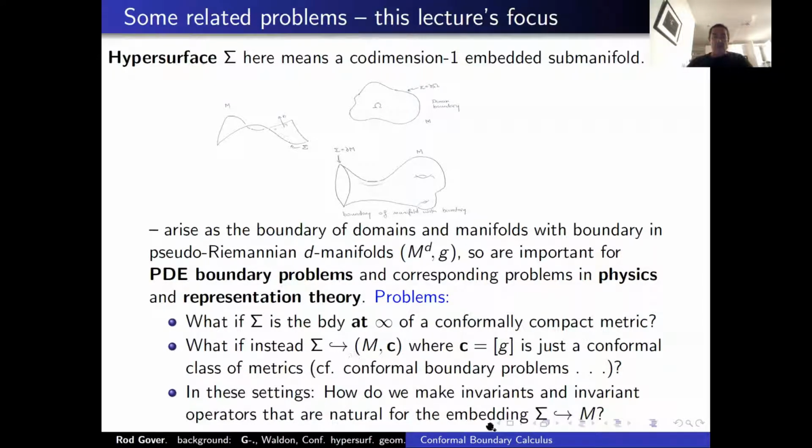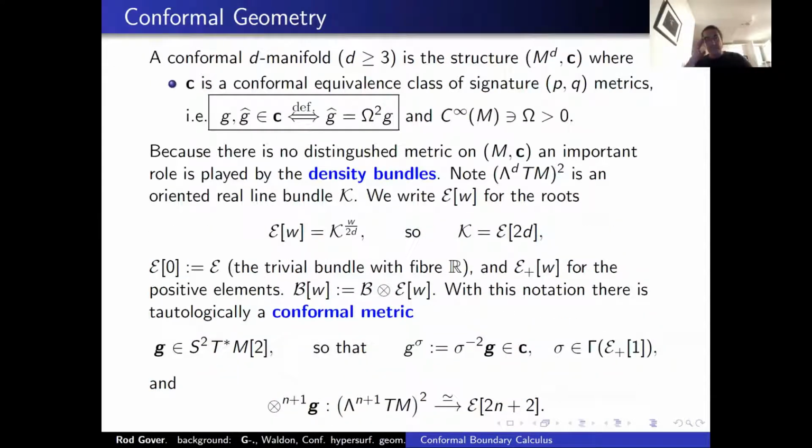So we have a hypersurface and a conformal manifold. How do we make invariants of that, and how do we make invariant operators? Okay, so let's revise conformal geometry. It was mentioned a bit in Andy's talk, mentioned again in Mike Eastwood's talk, and touched on in Jan's, and probably many others. So a conformal manifold, which is going to be dimension D, as I said,